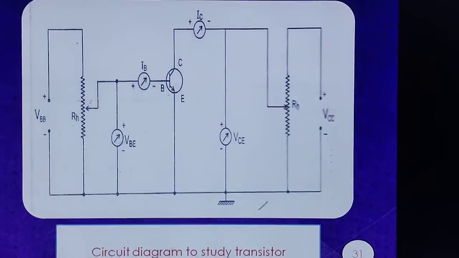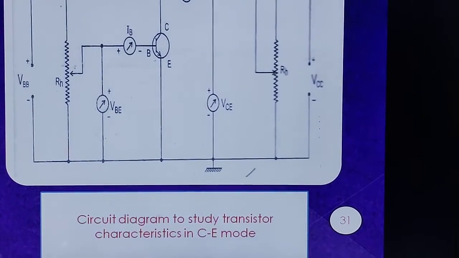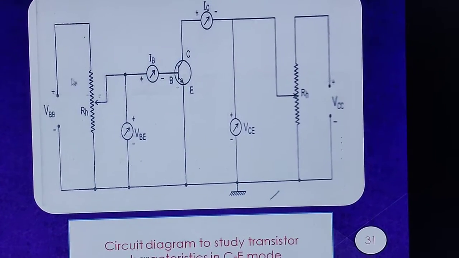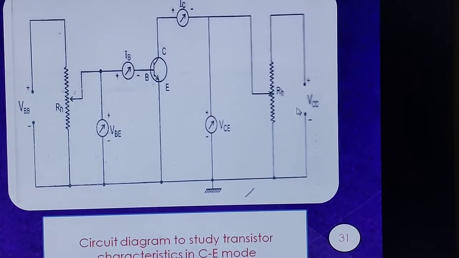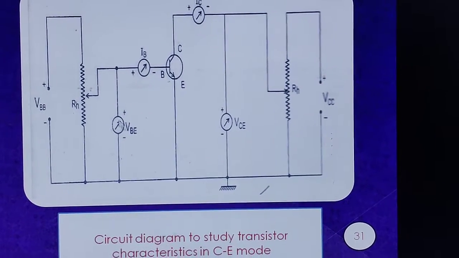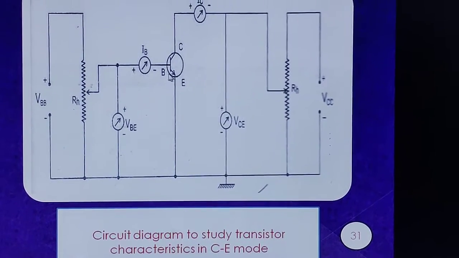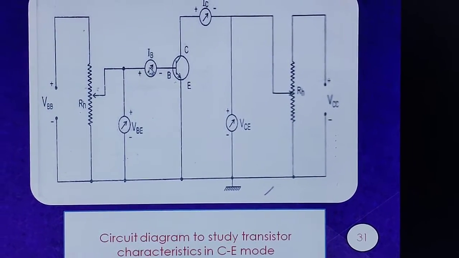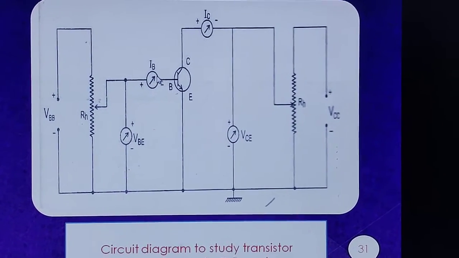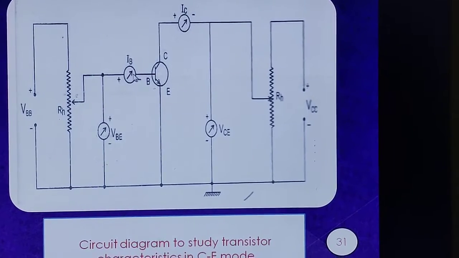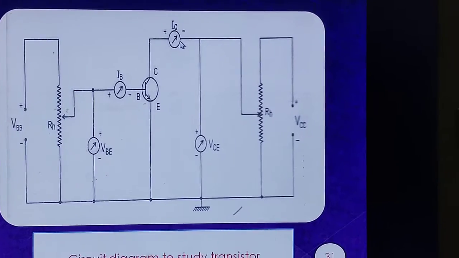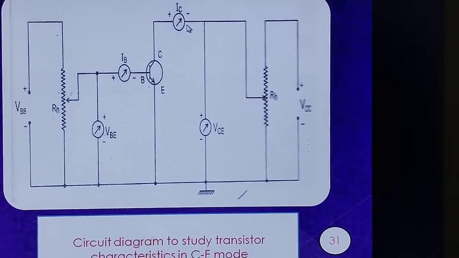Now you see here that the emitter is grounded. There are 2 power supplies, VBB and VCC, given here. For the measurement of VBE, we have the voltmeter. A rheostat is connected. To measure the value of base current, we have the IB here. Now, it should be known that VBE is measured in volts. IB, the minority current, is very, very small and measured in microamperes, whereas the output current, which is always called the collector current, is measured in milliamperes.